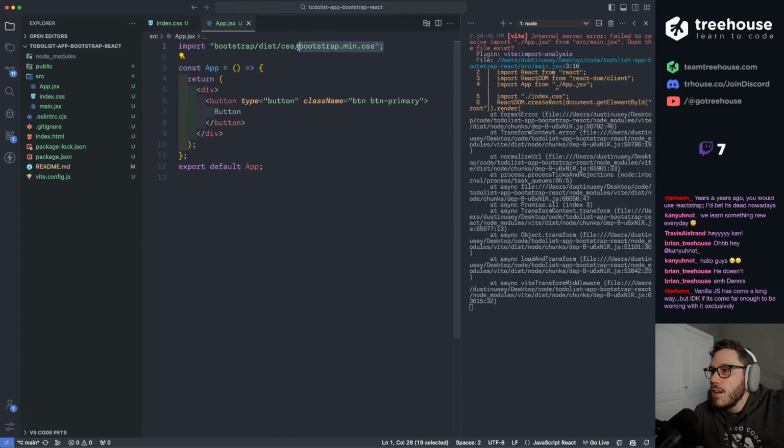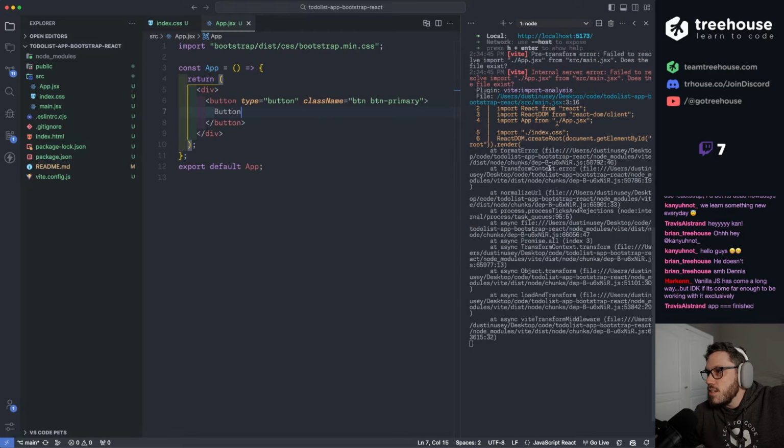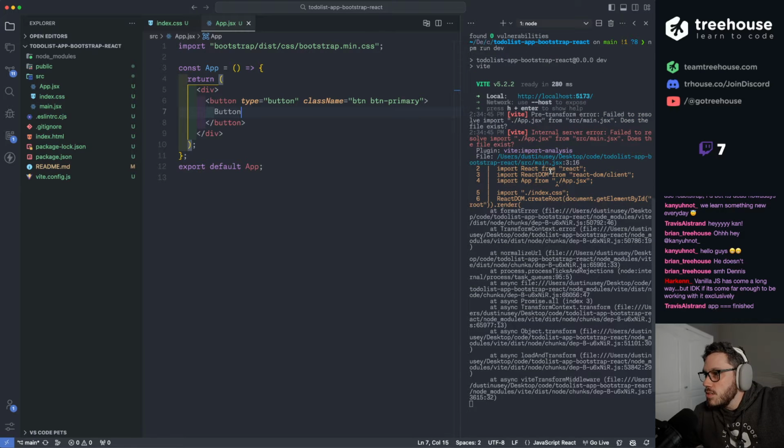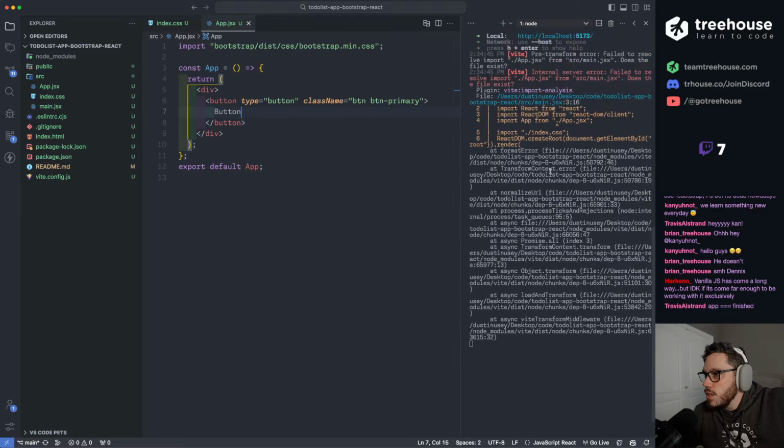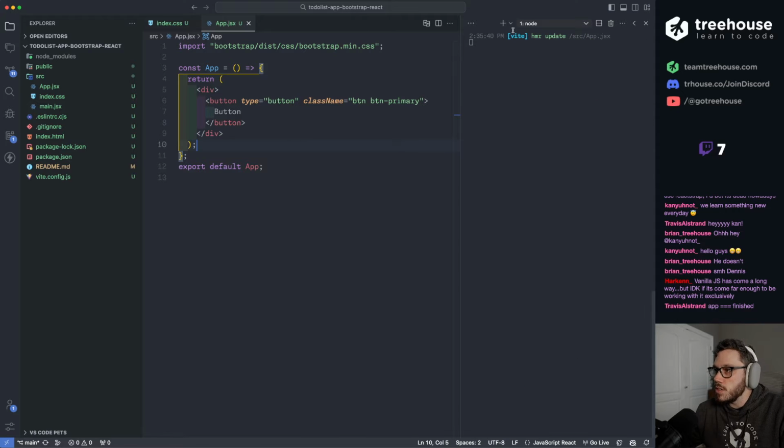Yeah, so I wonder how I would get everything else, like the Popper library as well as the JavaScript stuff for them too. But look at all these errors I'm getting in the console. I wonder why. Or is this still the same error from earlier? Yeah, it's the same error from earlier because it's fine now. App is equal to finished.